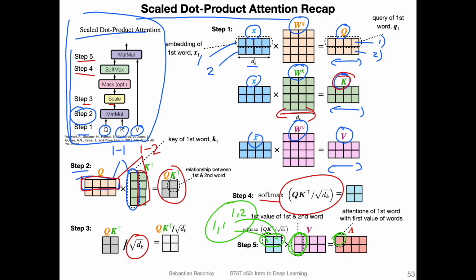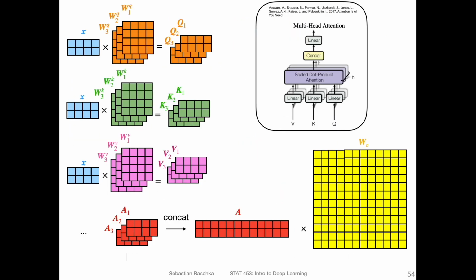So we do that for all the other positions here and end up with these here. So it's essentially incorporating information about the other word, about word 1, but also word 2. If we had a longer sentence, it would be a little bit more interesting, because then we would have a larger context here. But essentially, it's about incorporating the context for each word, the context of the sentence. So that's the idea behind the scaled dot product attention.